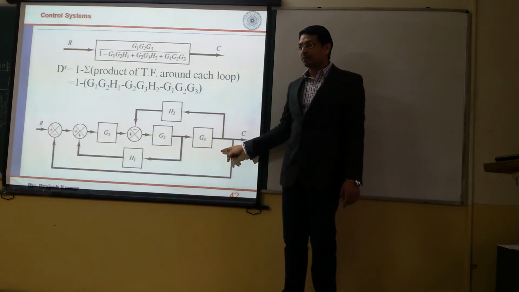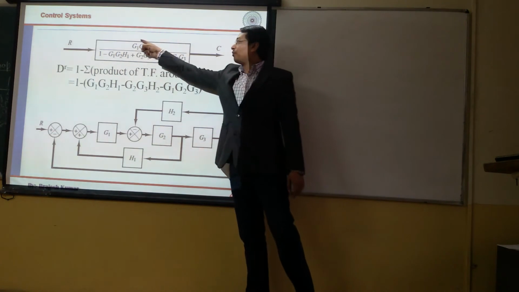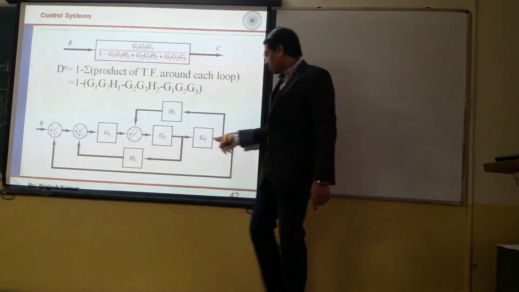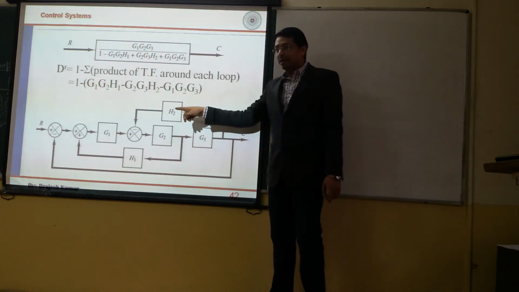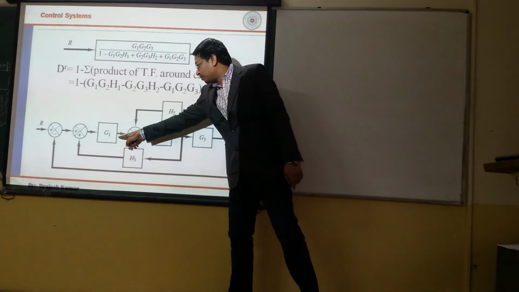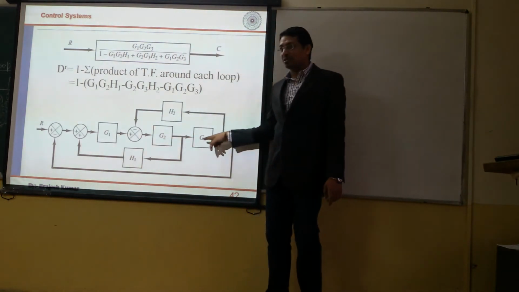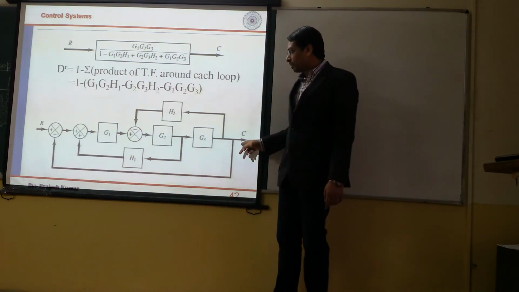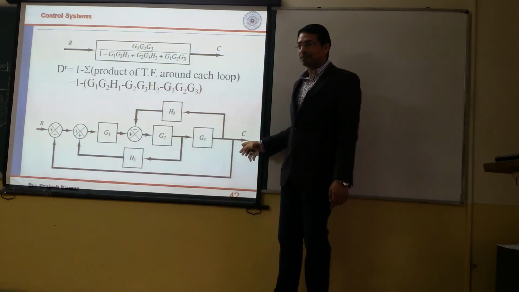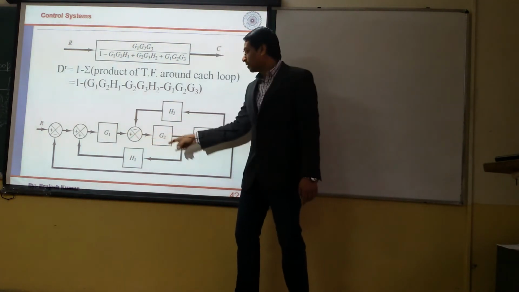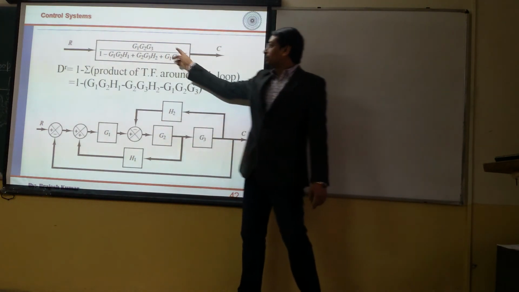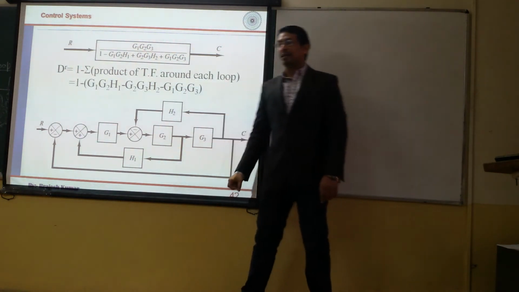So you can say this is the forward path gain. Multiplication of forward path gain means there is only one way to reach C from R. This is G1, G2, G3. Three stations are here, so these are going to be multiplied. Is there any other way to reach C from R? No other. Okay, because if you try here, you will go back. If you try here, no, not possible. Only this way. So this is your forward path gain.